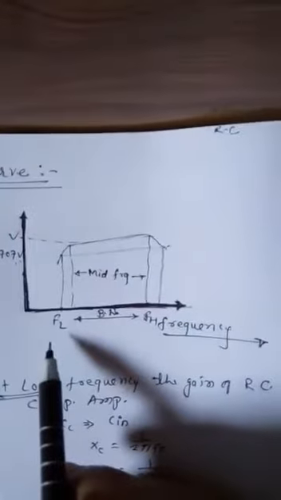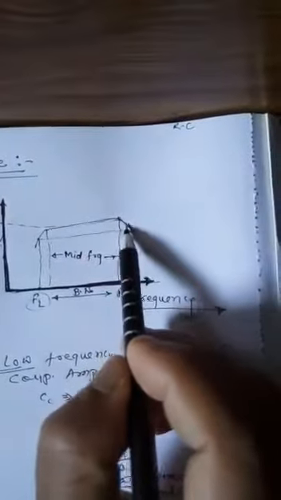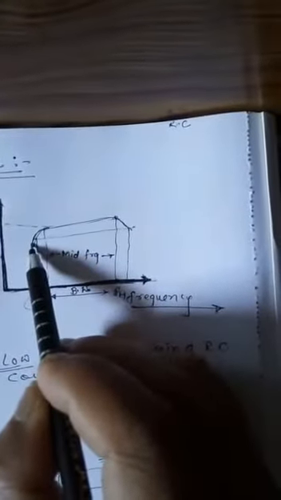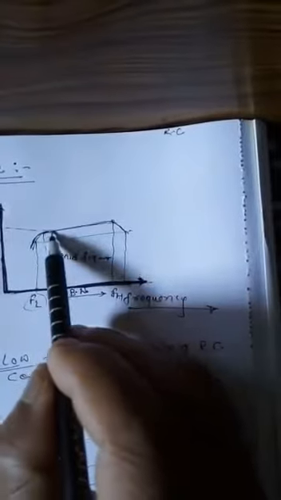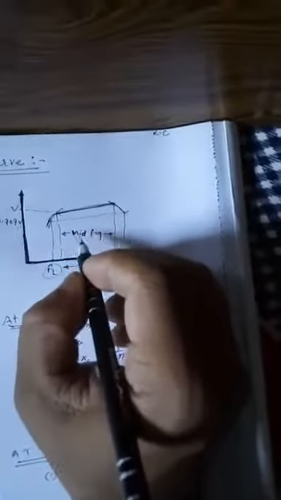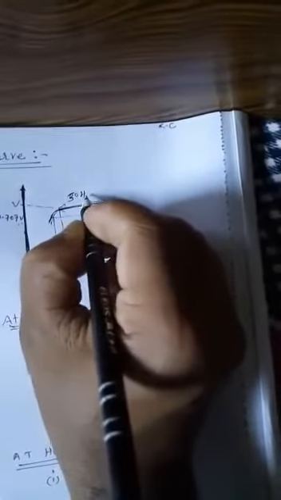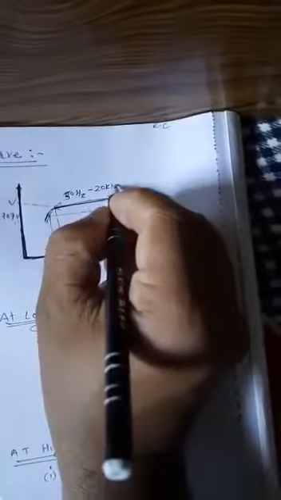Now in the figure, we find that at low frequency and at high frequency, in both cases the gain reduces. In between FL and FH, the gain does not increase but stays flat. That is known as mid frequency, and the range of mid frequency is 50 Hz to 20 kilohertz, which is also our audible range.